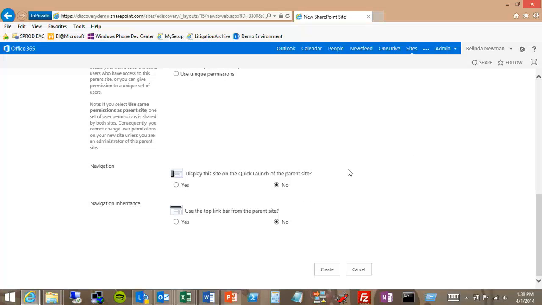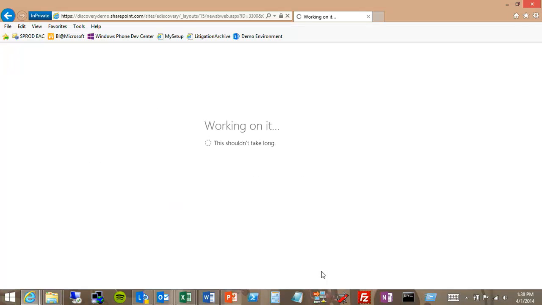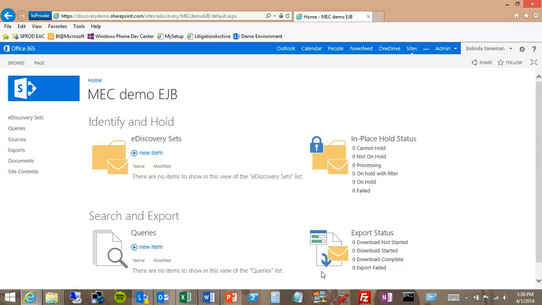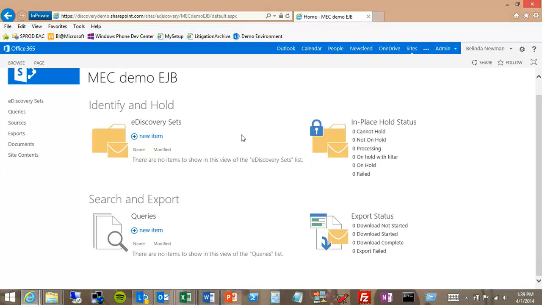If something's so secret you can only allow one attorney to see it, flexibility is there. The last options are, do you want navigational inheritance? Do you want a link to our new page to show up on the root of the eDiscovery Center? And do we want a link back to the eDiscovery Center showing up at the top of this page? With so many active cases, I tend to not do that just because I don't want to have huge lists. I'd rather remember my URLs and be able to navigate back to those, so I don't clutter the view of